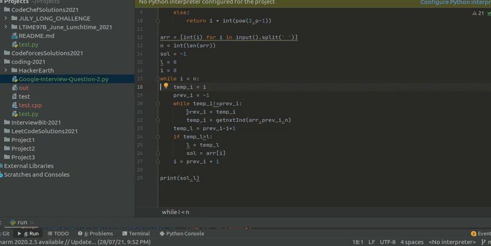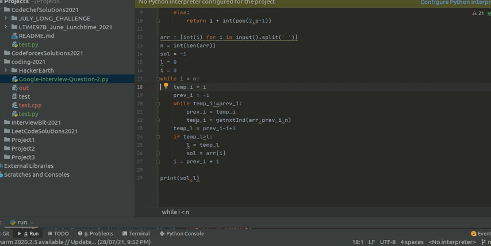Now we will iterate this while loop while temp i is not equal to prev i. This is to check whether we hit the similar index again. Similar index again means the next numbers are not equal to the previous number. So we'll continue to do this.